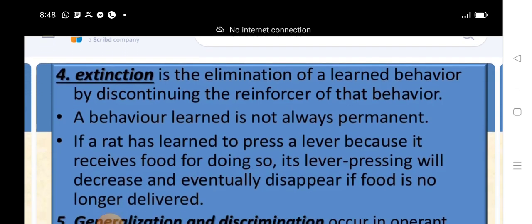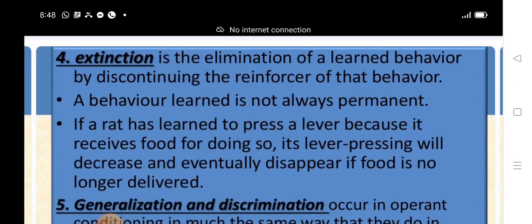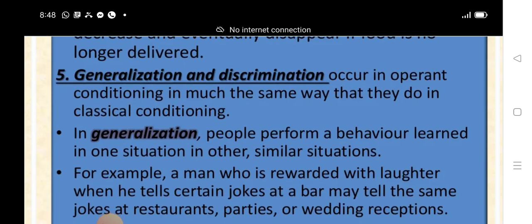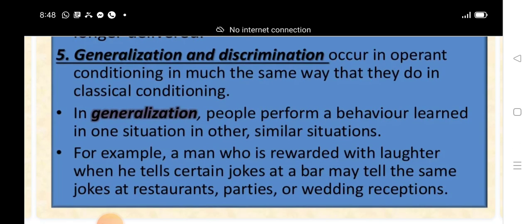What about extinction? It is the elimination of a learned behavior by discontinuing the reinforcer of that behavior. A learned behavior is not always permanent. This is a very important point. Whenever you learn a behavior, it can be eliminated, it can be cancelled. So if a rat has learned to press a lever because it receives food for doing so, its lever pressing will decrease and eventually disappear if food is no longer delivered. If the rat keeps pressing and pressing and no food is presented,